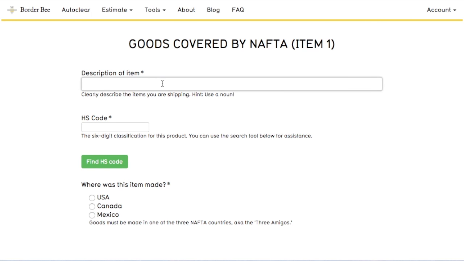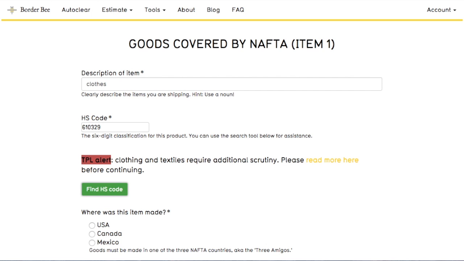And here's the description of the item. Hopefully you know what that is. Let's say a wood table. And actually I wanted to show you another feature of the Auto NAFTA here, because we've put in some logic to prevent the stricter items. NAFTA is a conditional trade agreement. Not all items are treated the same way, so it's not exactly free trade. A good example is clothes. So if we put in an HS code for garments,